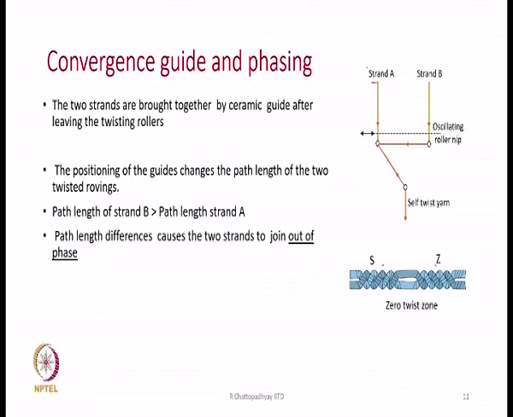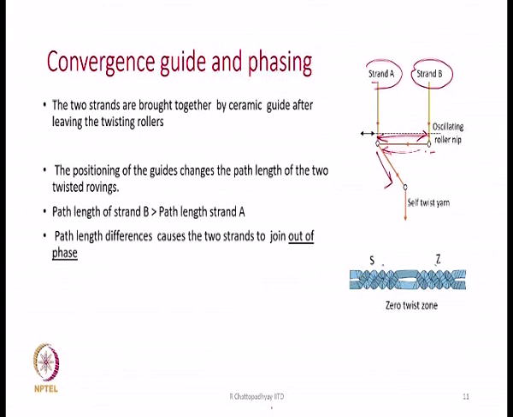So, if suppose this is strand A and this is strand B, strand A is moving, the path length is shown here by this arrow, and strand B is also shown. So, strand B takes a turn, there is a guide over here, it takes a turn and then moves like this. So, this is the additional path that strand B has to travel,